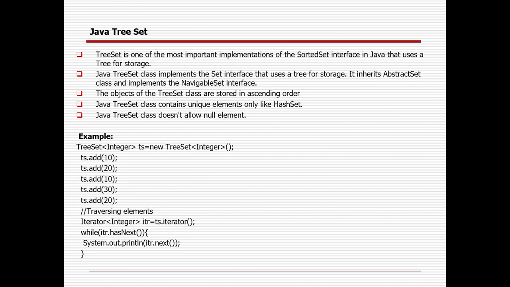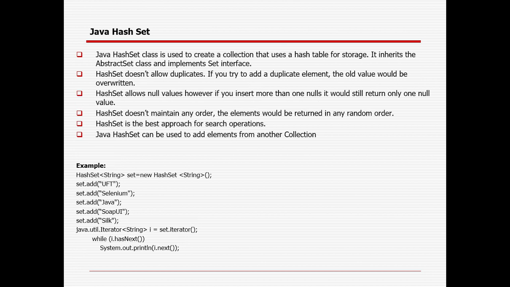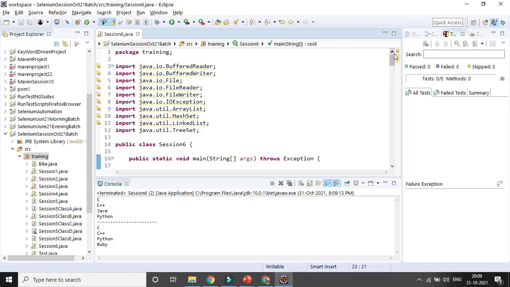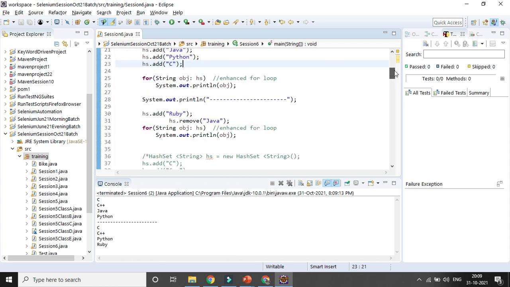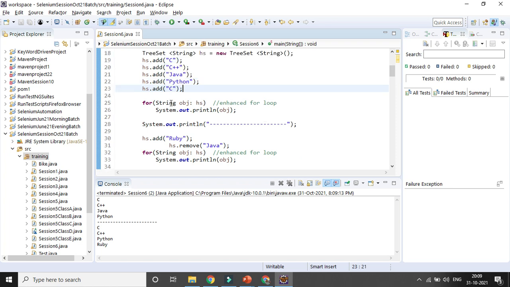Yeah, right. The enhanced for loop is a very simple way. First you need to use the for keyword, then the data type. Here the data type is String, so I'll be using String. In case it is Integer, you need to use Integer. Then I am defining a new object or variable, obj, and then the colon and the previous object. That is the object I want to iterate over, and the new object I want to print out. That is a simple thing.